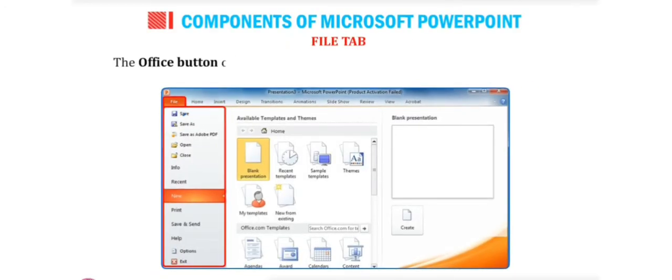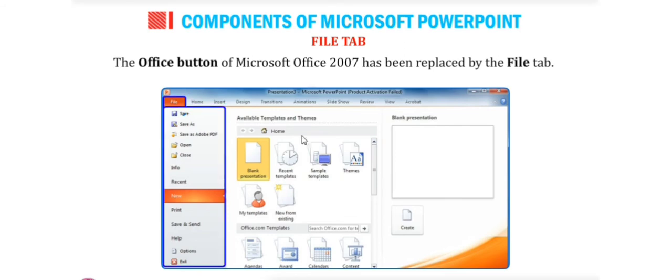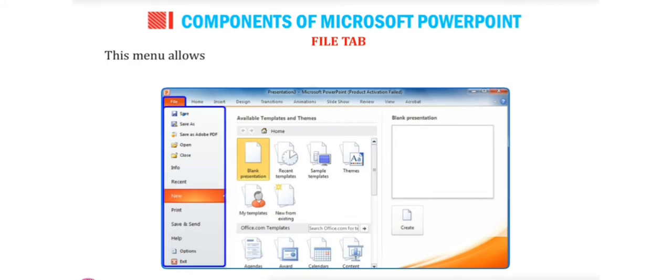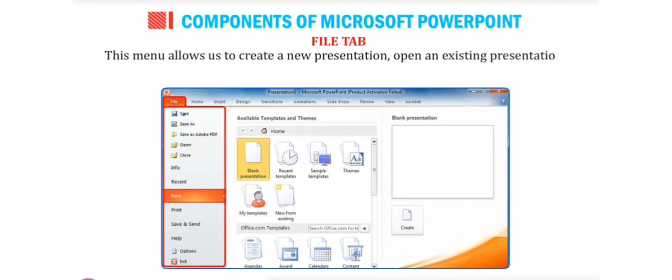Next is File tab. The Office button of Microsoft Office 2007 has been replaced by the File tab. In Microsoft Office PowerPoint 2007, the Office button was there in the place of the File tab. This menu allows us to create a new presentation, open an existing presentation, save, print, or close the presentation.